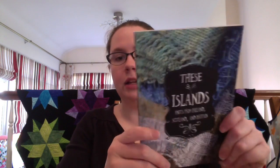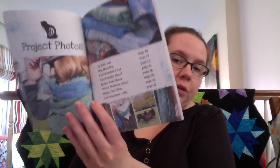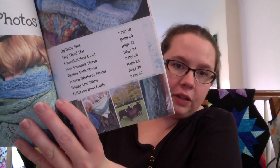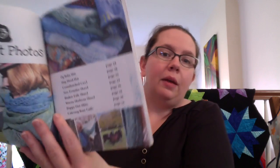And it is a nice little book. Size-wise, it's like a booklet size, but content-wise, it has a lot of patterns. It has a section about the wool. It has beautiful photography. There's a section for project photos, and you'll see there's 1, 2, 3, 4, 5, 6, 7, 8 different projects in the book. And it ranges anywhere from